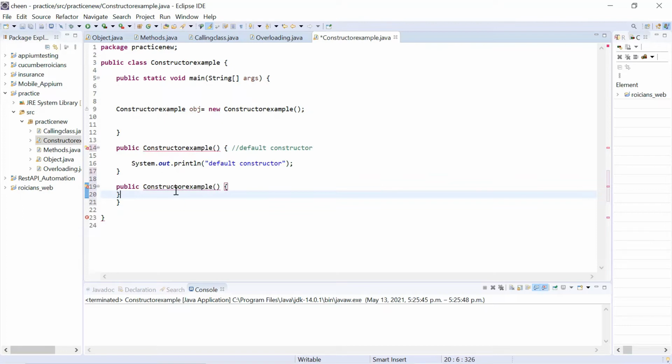Yes, because you cannot create a constructor with the same name if the parameters are also the same. Here I'm not passing any parameter, and here also I'm not passing any parameter. So it is the same constructor. If you want to implement this, you need to provide parameters inside it. So here I'm writing String, any variable name, comma, int age.